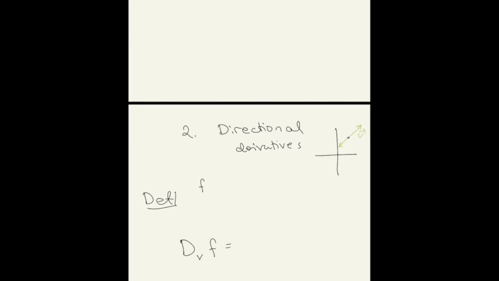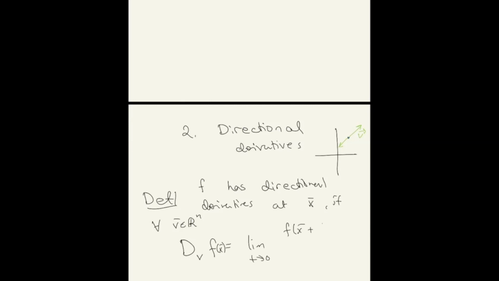We say that f has directional derivatives at a point x bar, and if you want to distinguish the direction, I'll just say for all directions, if for all vectors v in Rn, the following limit exists. So we're looking again at the change of the function,